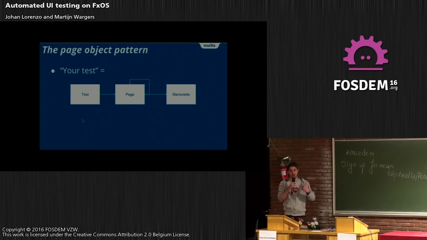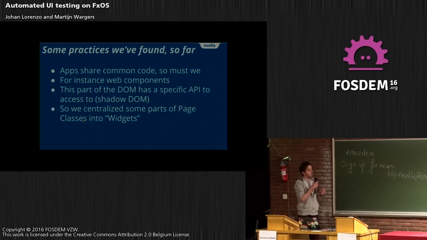So the test is not aware of how to do things. It just asks for doing it. And pages also instantiate the next page. For example, once you correctly logged in, you go on the home page. So the test retrieves an instance of the next page class, which represents the home page. So we started with that,